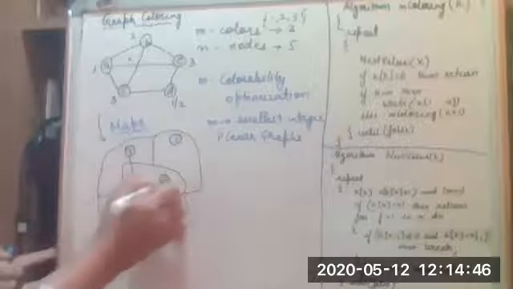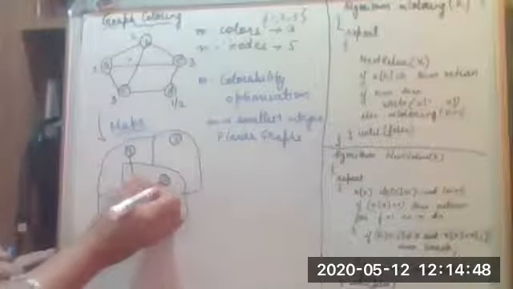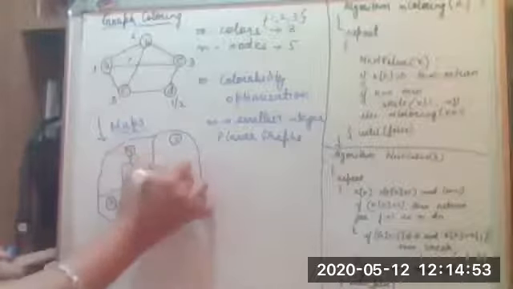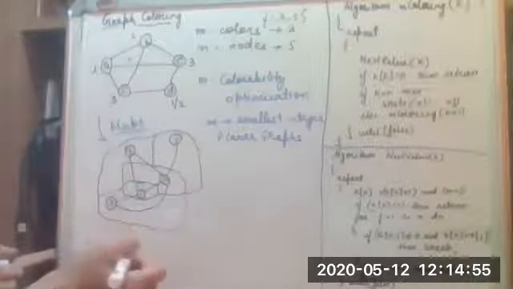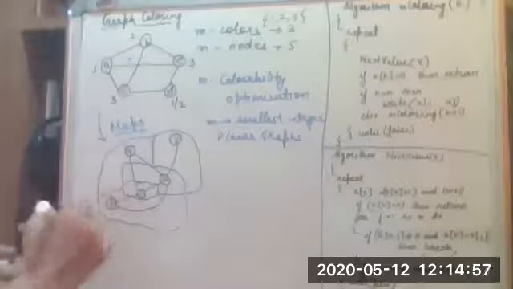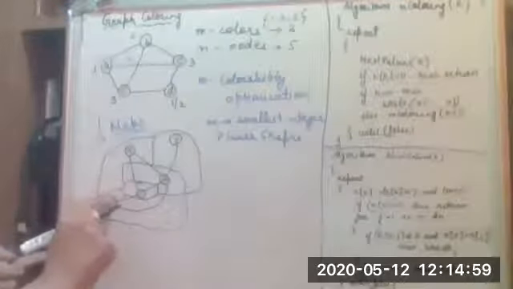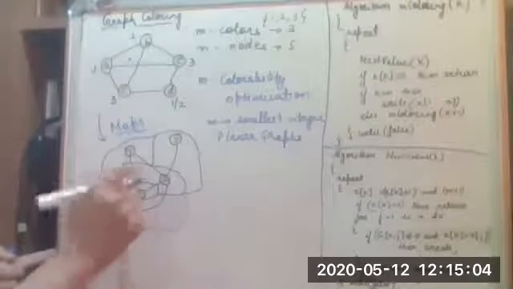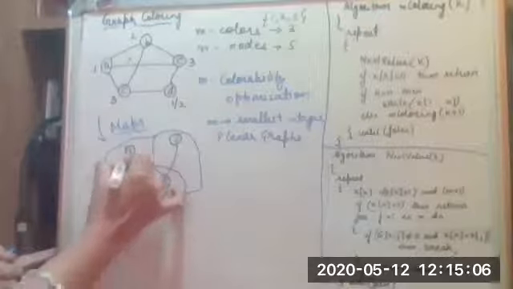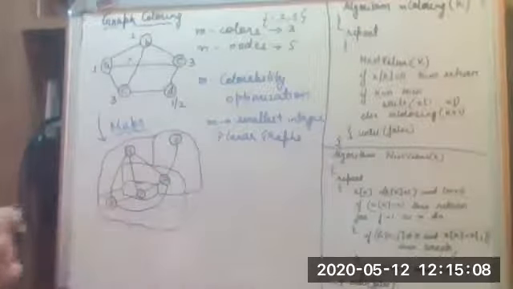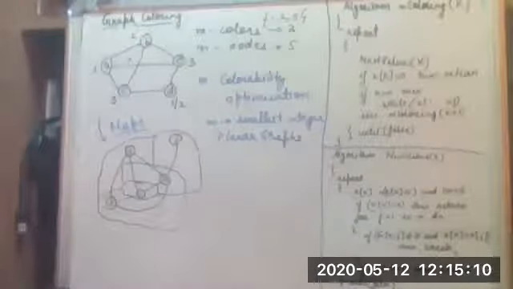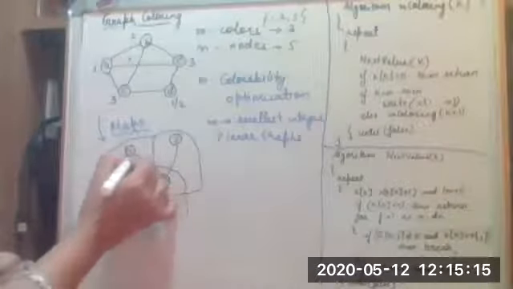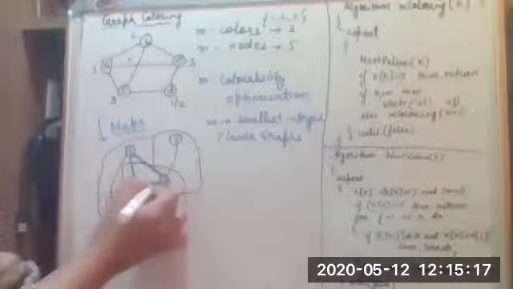Fine. 2 is connected to 1, 2 is connected to 3, 2 is connected to 4 and 2 is connected to 5. I hope that is clear. 3 is connected to 1, 3 is connected to 2 and 3 is also connected to 4. And so let me put this with a, so these are the edges that we are showing up here.